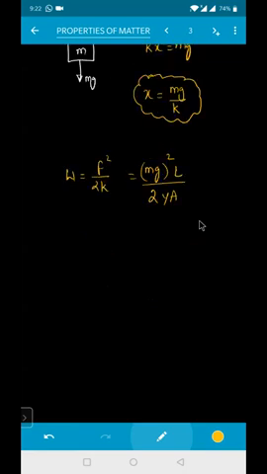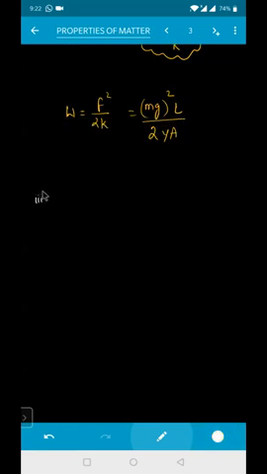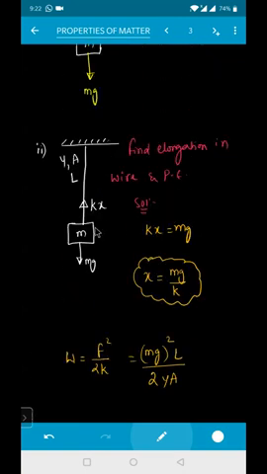Take one more case. Sir, can you explain this question again, sir? This one you see better. This is a wire. This wire is having Young's modulus of Y, area of cross section A, and length L. I told you, rod or wire can be replaced by a spring. So at that time, the force in the spring will be equal to how much, for me? K into X. So this mg will be equal to kx. It is asking in the problem, find the elongation in the wire and potential energy.